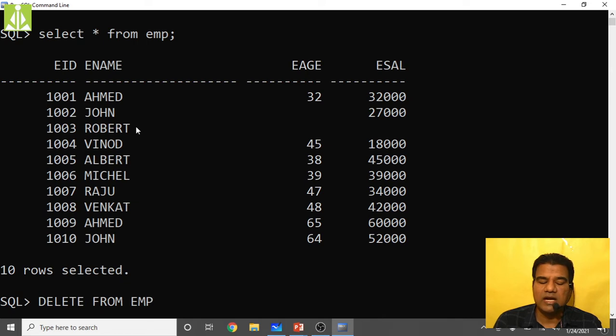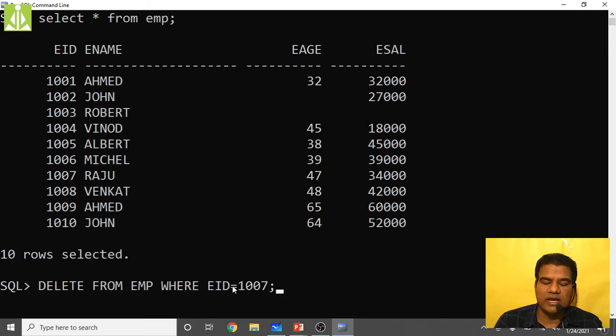Employee table. Delete from employee where EID equals 1007. That's it. This particular record, with the name Raju, I want to delete from the table. Accordingly, I have written my query: delete from employee table where EID is equal to 1007.